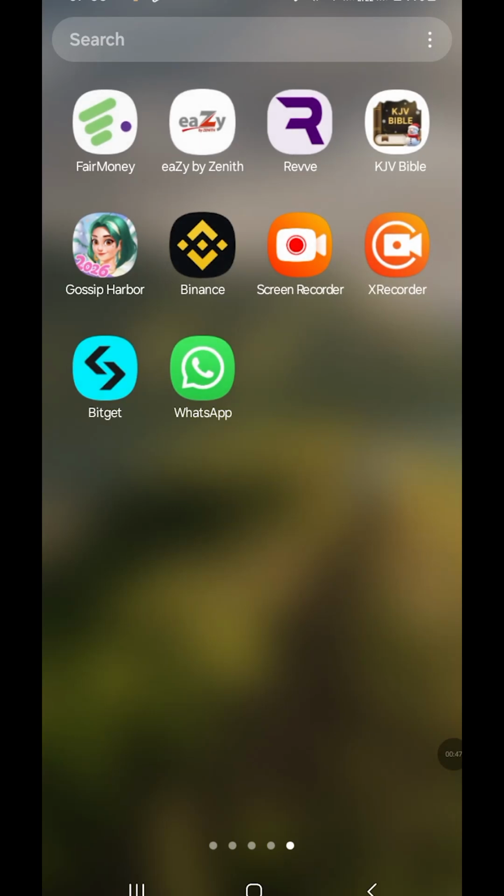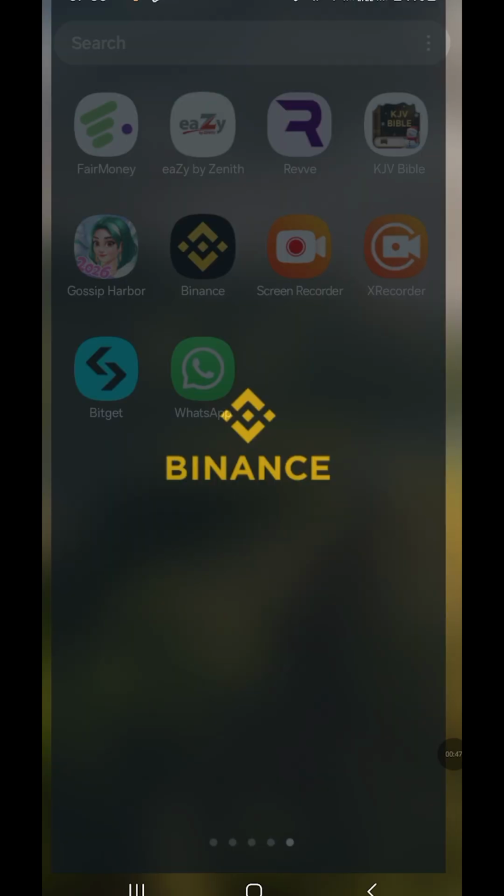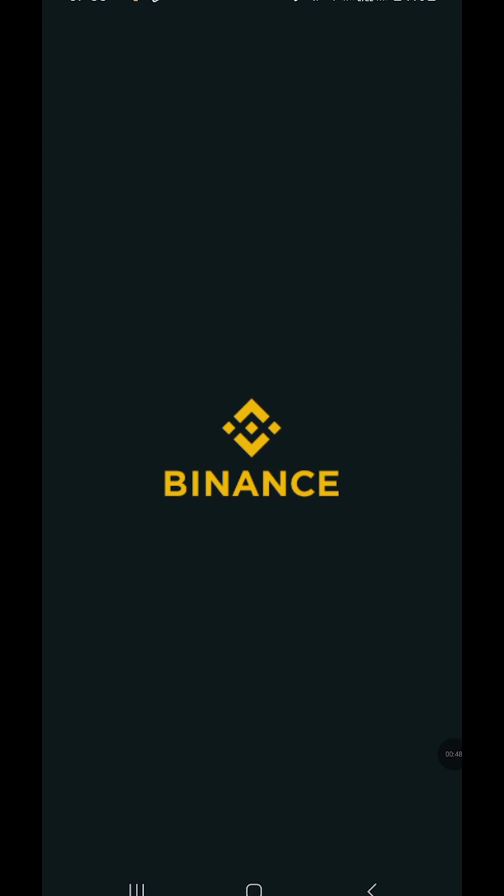Okay, so I'll be taking you on a quick tutorial on how to connect Kabibot to your Binance account. So how to connect Kabibot to your Binance account. The first thing you do is to